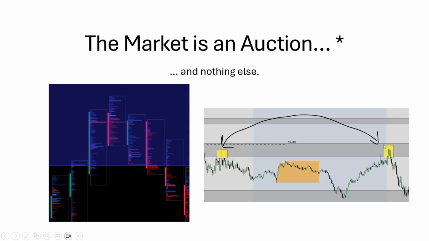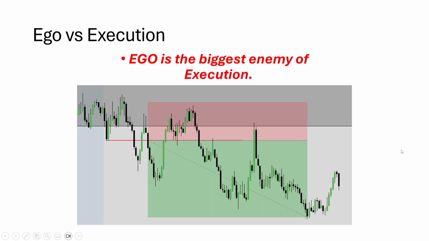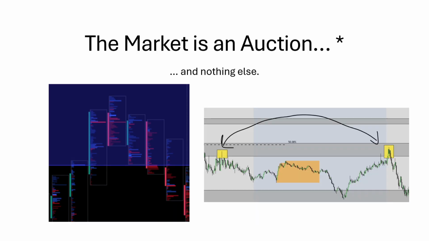Absolutely. Delta, key levels, fair value gaps. So ego versus execution. Ego is the biggest enemy of execution. And so execution simply comes down to what Mo was saying, right? Basically, buyers and sellers inside of key levels determine your execution because the market is an auction. Auction of buyers and sellers. Buyers and sellers create the oversupply or the demand for an instrument or stock. There is nothing else that you need to know other than this.